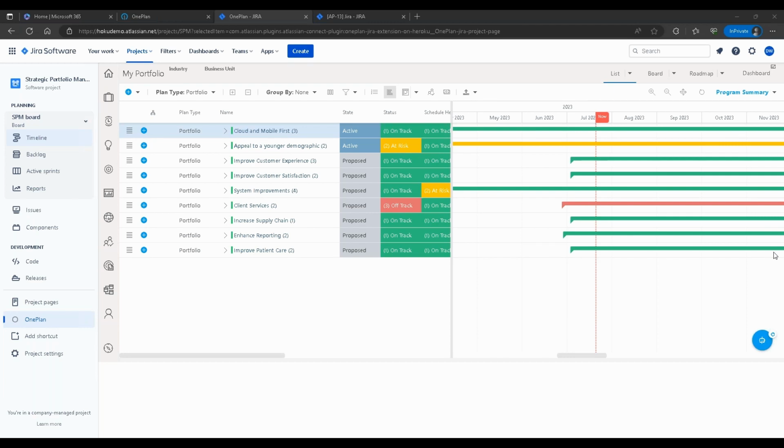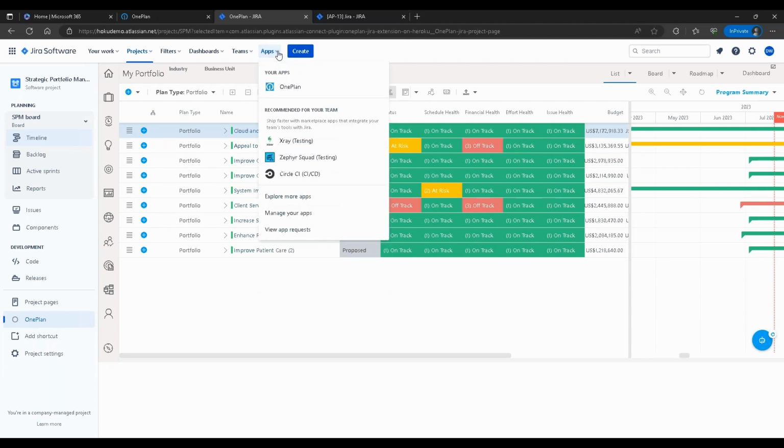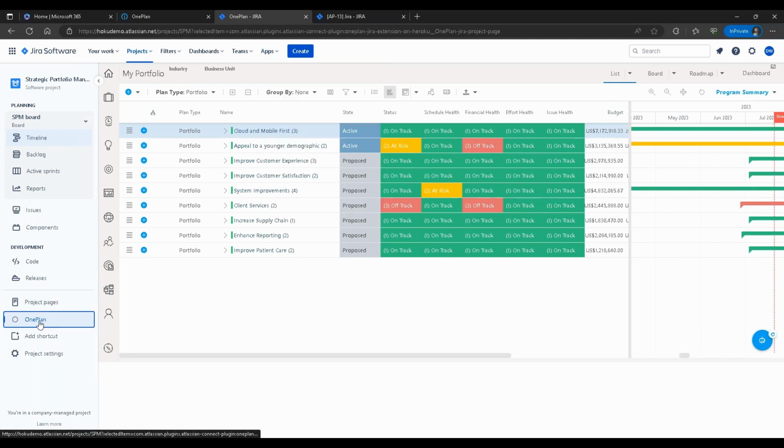Okay, so now I am within Jira. I decided to start within Jira with OnePlan. This is currently available in the marketplace, but it's essentially OnePlan embedded within Jira as an application. If we go to apps here, we can see that OnePlan is showing, and I also have it here on my navigation pane, and I'm looking at an environment for our strategic